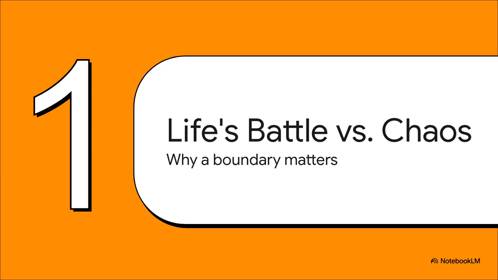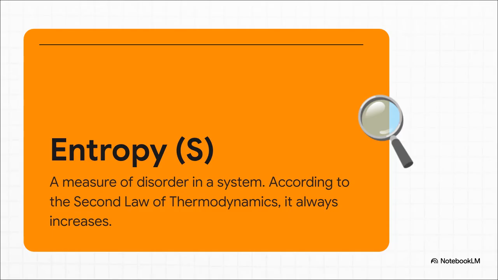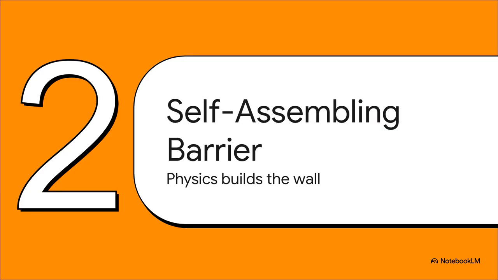To really get why the cell membrane is so amazing, you first have to understand the enemy. And the enemy, it turns out, is one of the most fundamental laws of the entire universe. And that law is the second law of thermodynamics. Its big idea is something called entropy. The easiest way to think about entropy is that it's the universe's default setting. Things prefer to be disordered. Your clean room naturally gets messy, right? A hot coffee always cools down. So this highly structured cell is a huge puzzle. It seems like it's completely defying a basic law of physics. So if creating order is so hard, how does a cell even get off the ground? How does it build its most vital structure, the membrane, without burning a ton of energy right at the start?